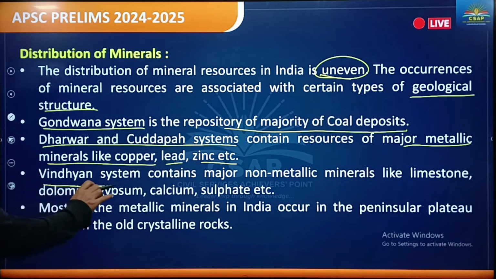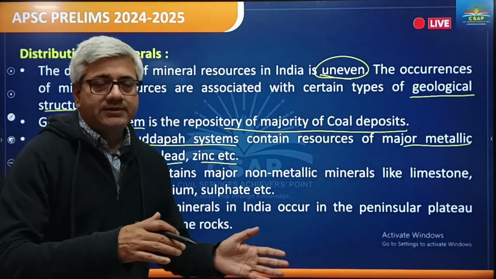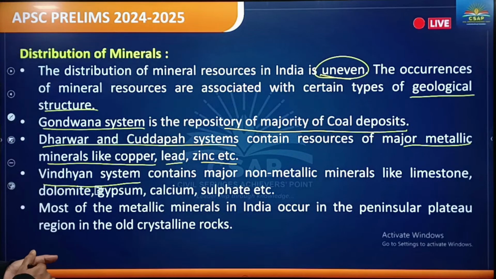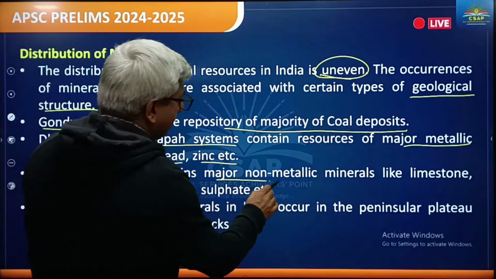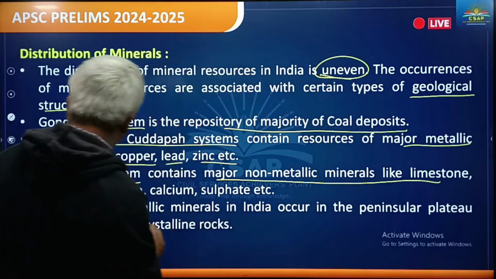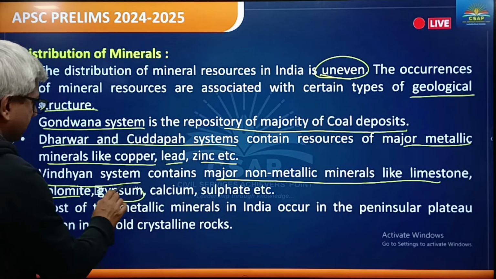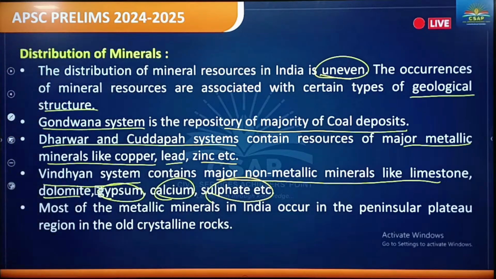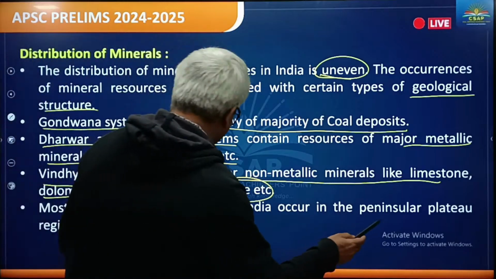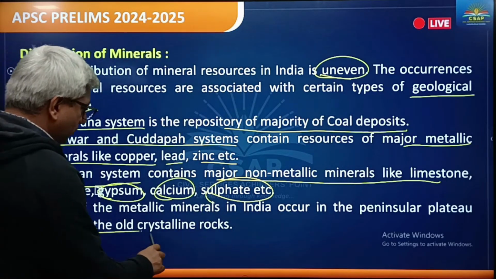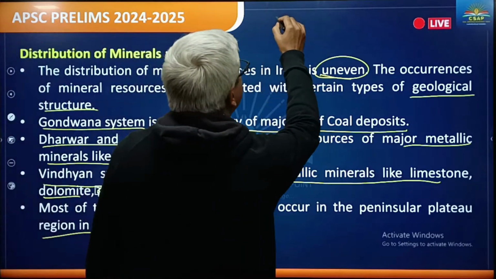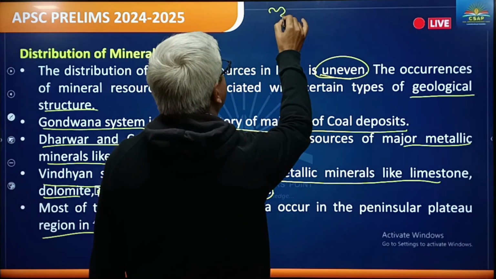Then the Vindhyan system covers some of Madhya Pradesh and northern Maharashtra. Vindhyan system contains major non-metallic minerals like limestone, dolomite, gypsum, calcium sulfate, etc. All these things. So most of the metallic minerals in India occur in the Peninsular Plateau region in the old crystalline rocks. If we look at the map of India,